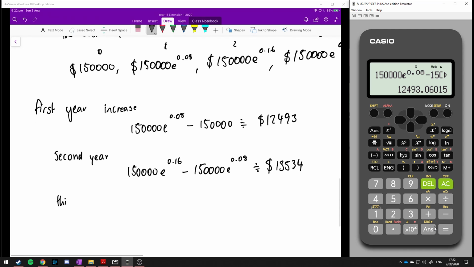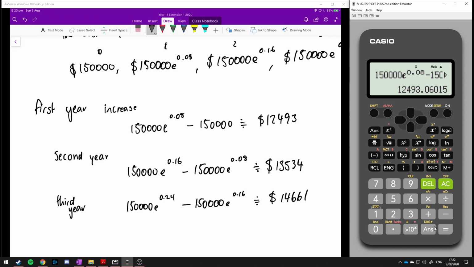And for the third year, the change in that third year is going to be 150,000 e to the 0.24 minus 150,000 e to the 0.16, which is approximately equal to